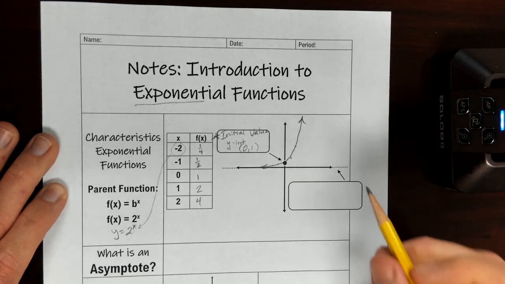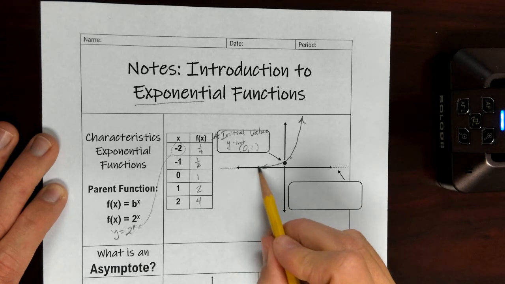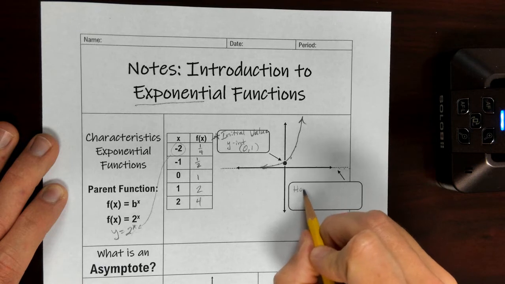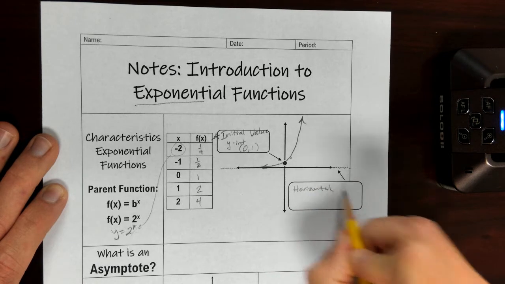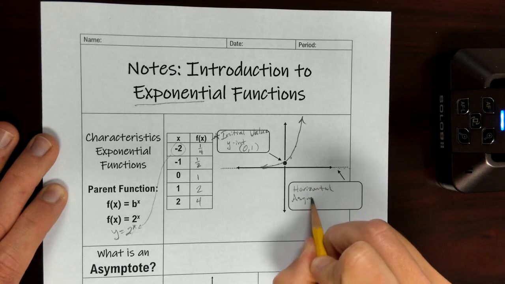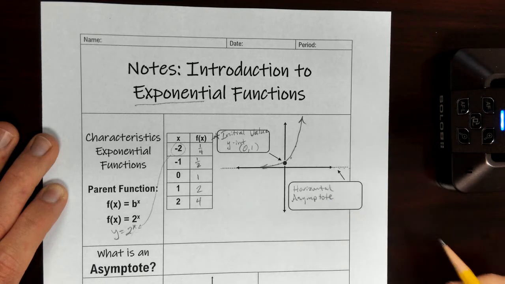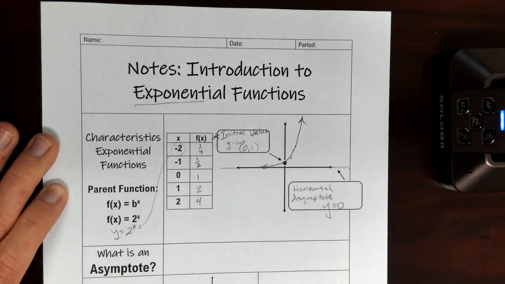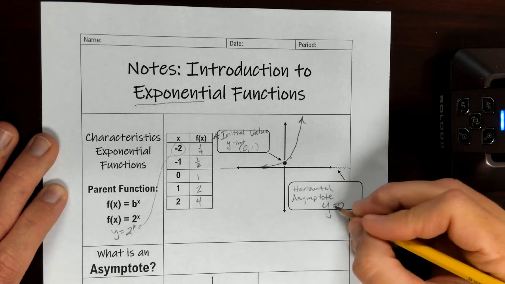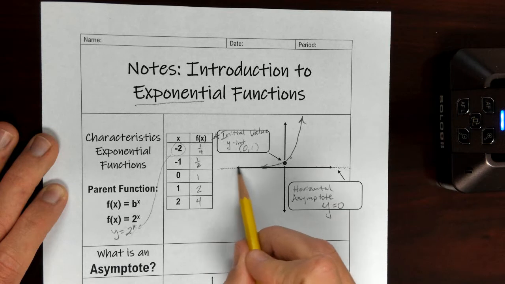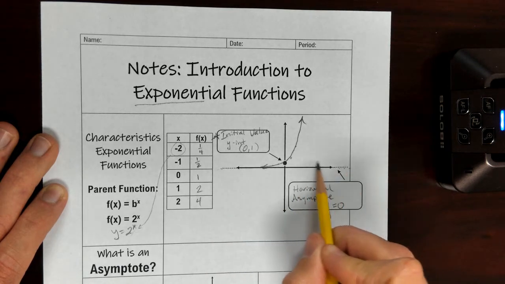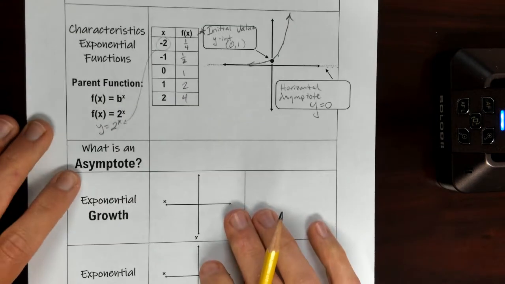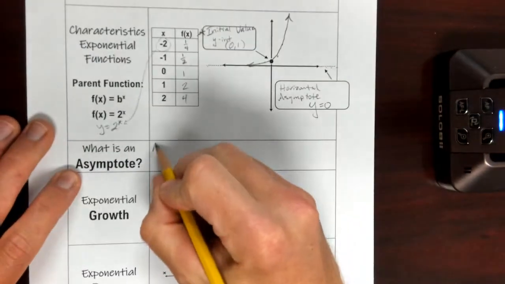We also have another key feature on this graph, which is this dotted line right here. We call that the horizontal asymptote. Now, I know you have probably never heard of the word asymptote, so let's talk about what that is. The horizontal asymptote is the line y equals 0, which is the x-axis. What is an asymptote? An asymptote is an imaginary line